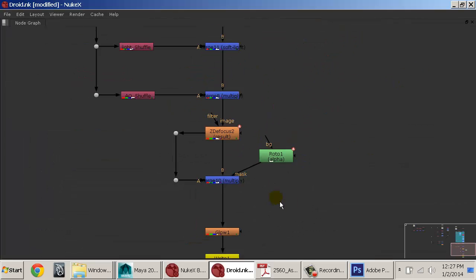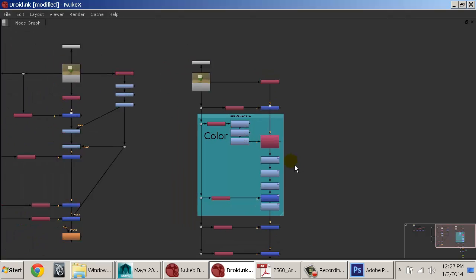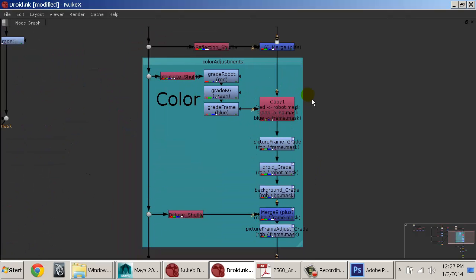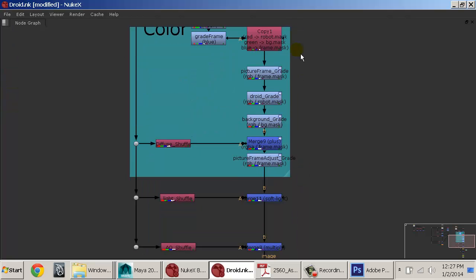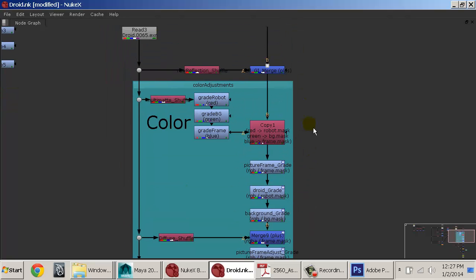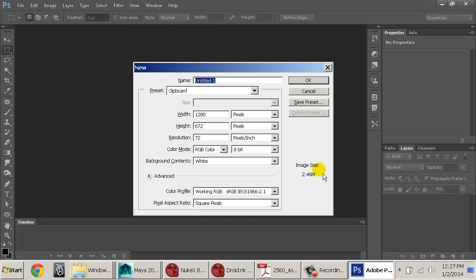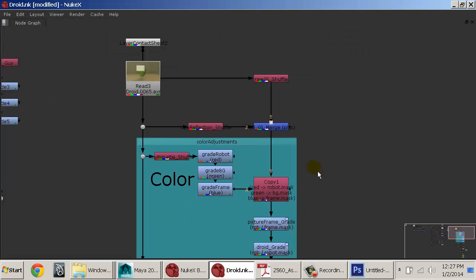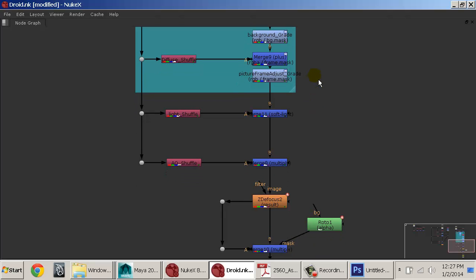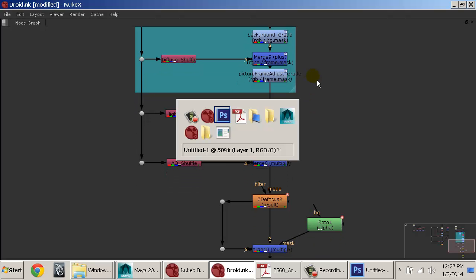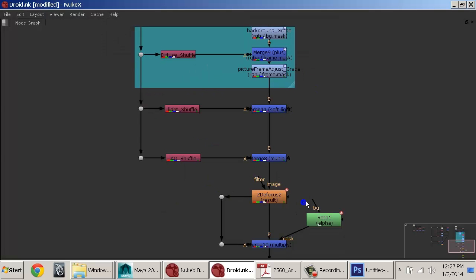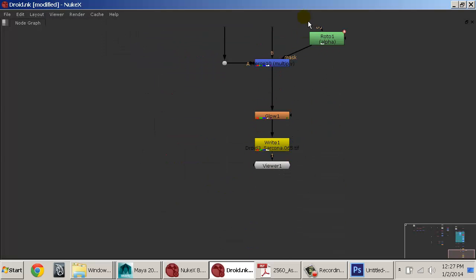So inside Nuke, we maximize our screen. And we want to take a snapshot of this. Now, we may have to do it in a couple passes just because of how long this thing is. So I want to get it so that I can see it, obviously. So I'm just going to go about here, and then do an Alt, print screen, go into Photoshop, make a new document, paste it, and there it is. So then I can just scoot down. It's about there. Alt, print screen again, paste it in here. Grab the last of it,